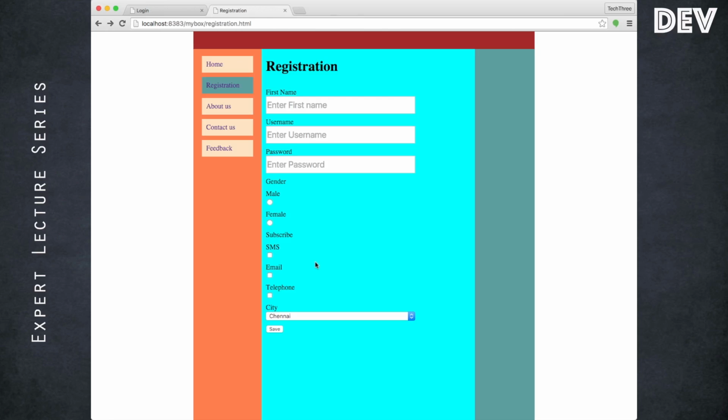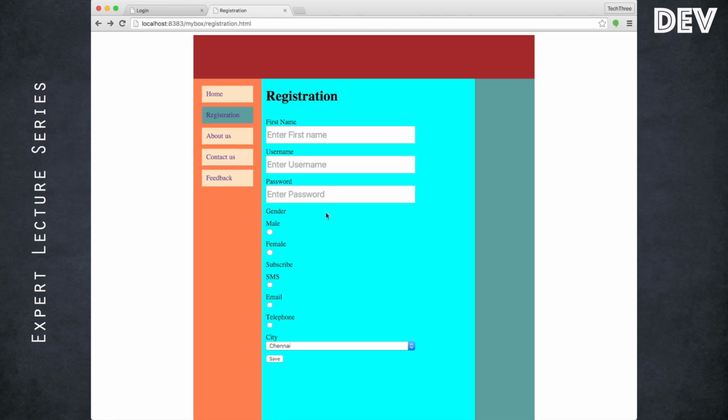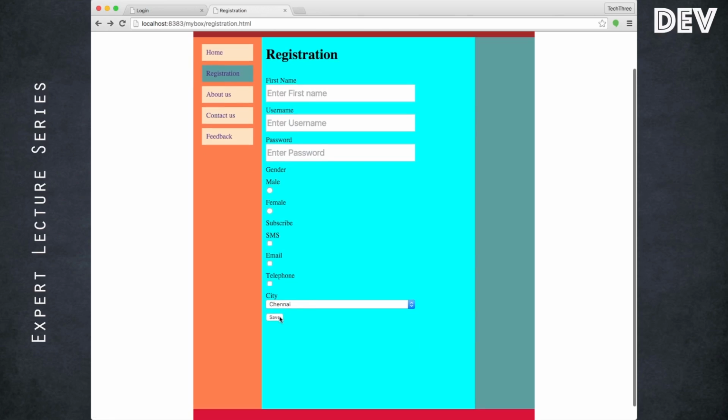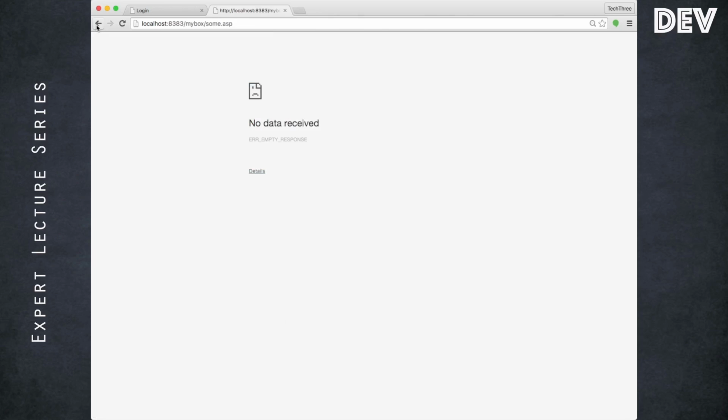So see whether your CSS is working according to your expectation. If not, the very first condition to check is whether it is a block or not. By default it may be inline content, so at that time you may force it to be a block element. Okay. So now we have created the second page, which is going to host the registration page. Now we have a save, which is submitted.